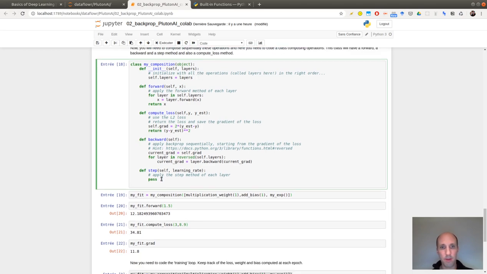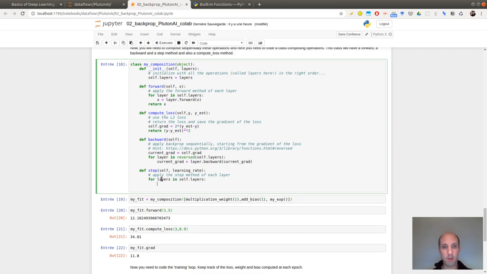Now for the step, layers, I just need to do step of learning rate.